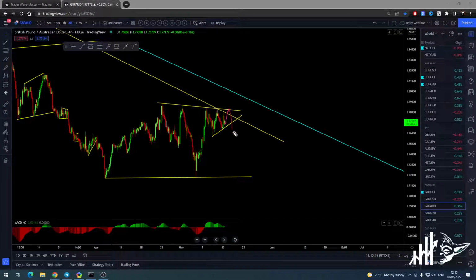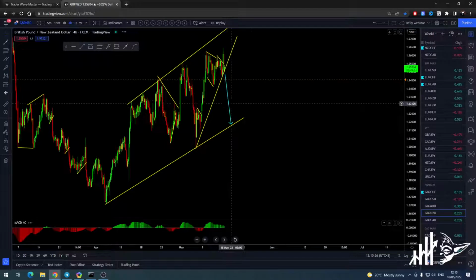Pound Aussie, this one is looking for the downside, so let's do whatever it wants to do. Probably it will struggle there, break down, give you the correction, take a sell. Okay, only that way can you take a sell. Don't chase the price inside of this correction. So don't do anything, wait for the sell stop.